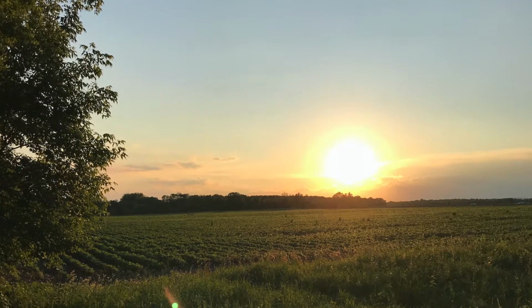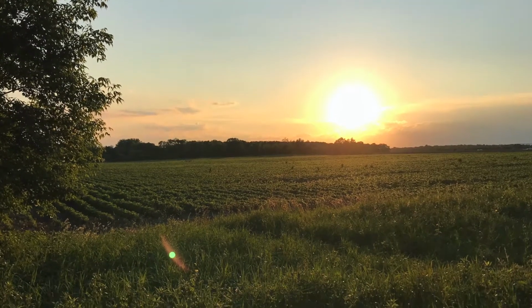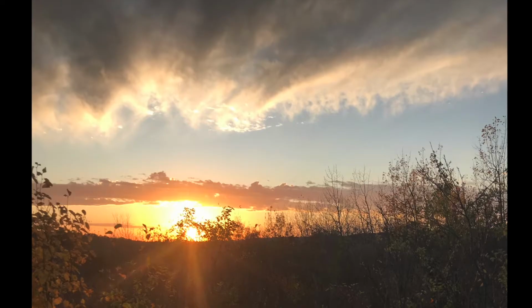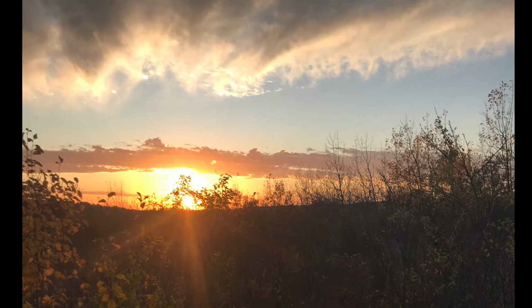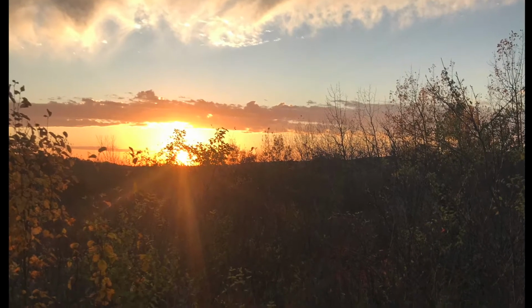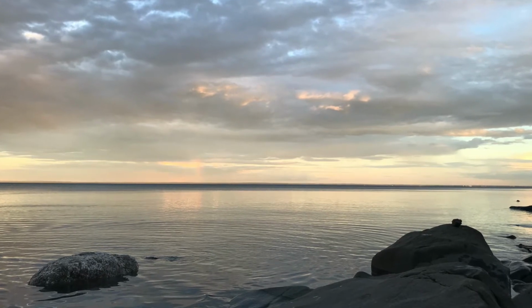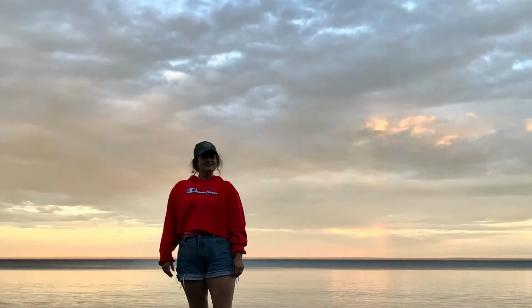Typically the best time to take pictures outside is about 2 or 3 hours before sunset or 1 or 2 hours after sunrise. My favorite time of day to take pictures is golden hour, which is the first hour after sunrise and the last hour of light before the sun sets. It's my favorite because it produces a warm, natural light that looks good on